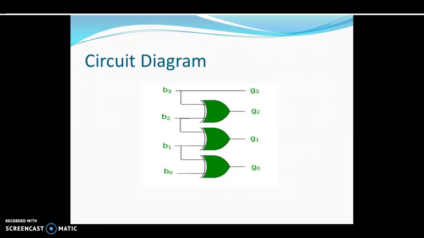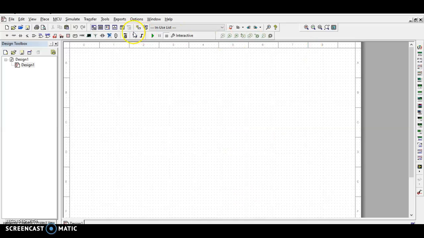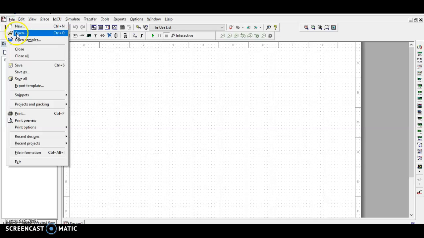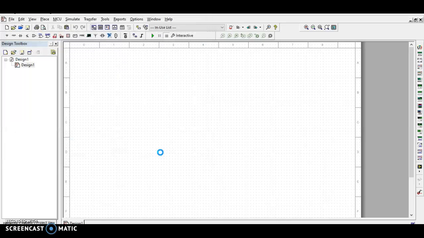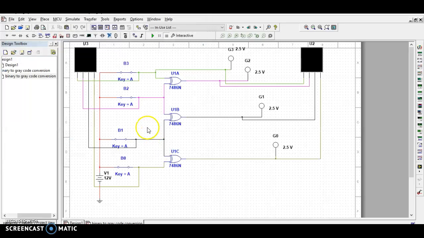Moving on to simulation. I am giving the input value.